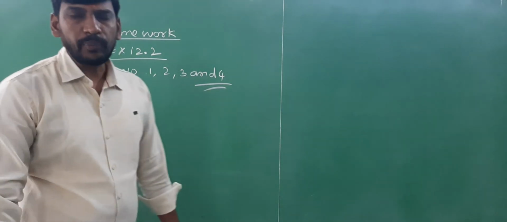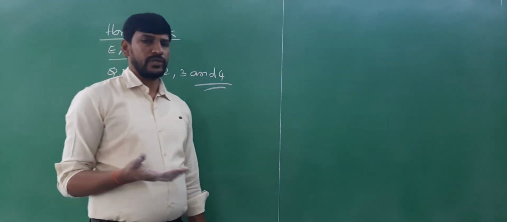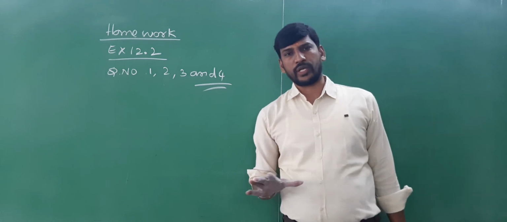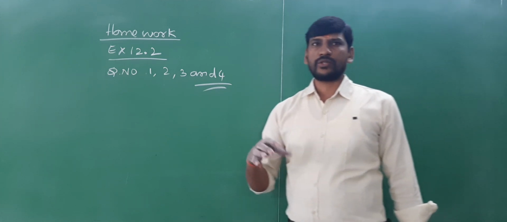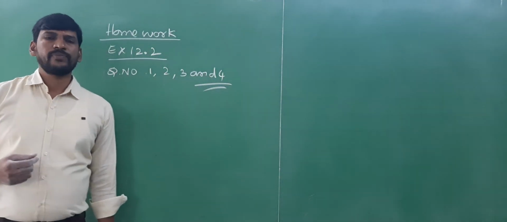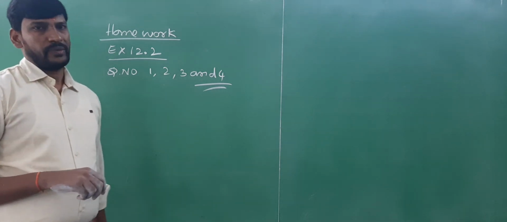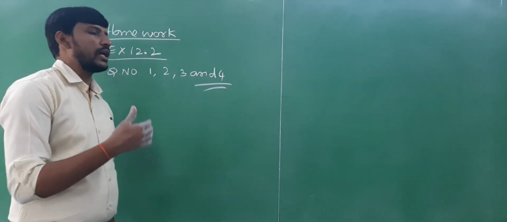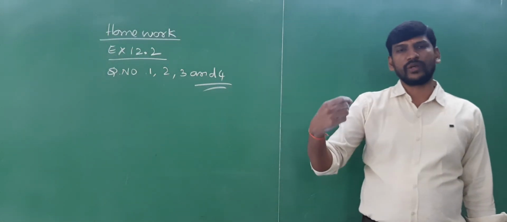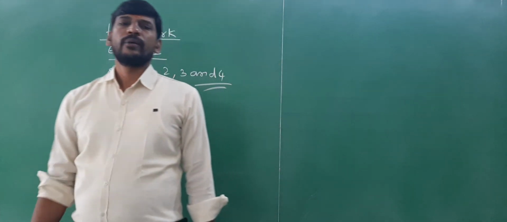Right, children, I hope you understood today's class, that is proportion. What is a proportion? If two ratios are equal, then they are in proportion. If the ratios are in proportion, the first and fourth terms are called extreme terms, and the second and third terms are called middle terms. Whether the given ratios are in proportion or not, how to check? We need to find the simplest form of the given ratios. Then if the ratios are equal, we can say that both are in proportion.